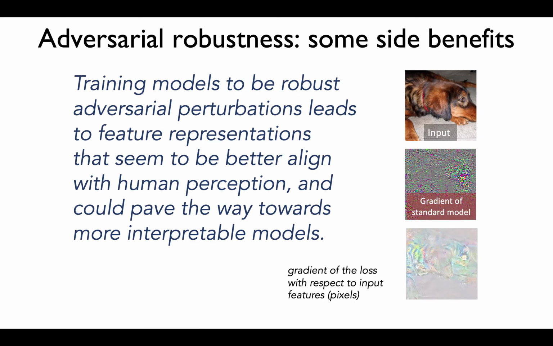But there are some side benefits as well. I would refer interested people to look at the work of Madry and his group and other people who are working on adversarial robustness. It is being seen that sometimes when you make use of adversarially robust methods, you get some side benefits. It may be the case, the jury is still out, people are still researching it, that when we make use of adversarially robust methods, the model is really learning features that are semantically important, which human beings would also classify as being important.